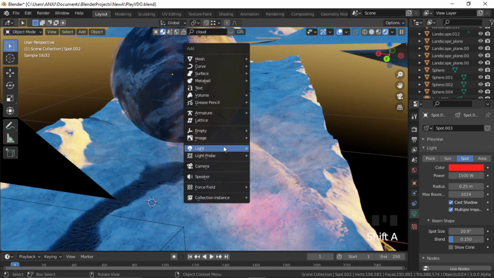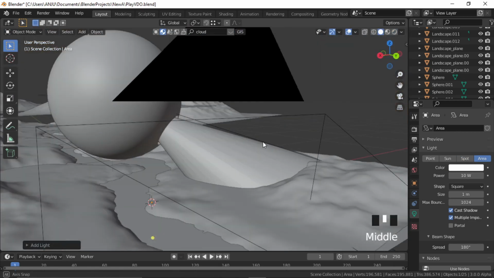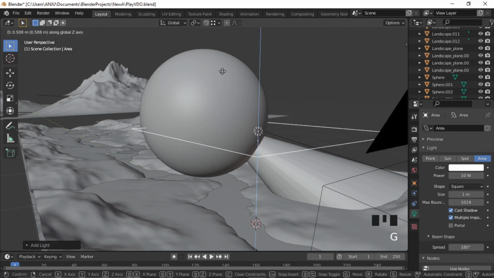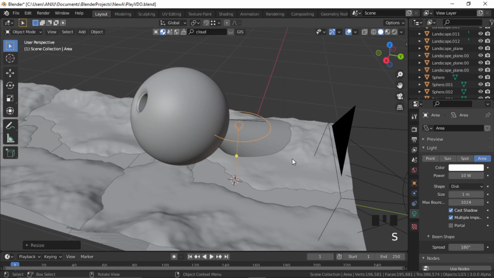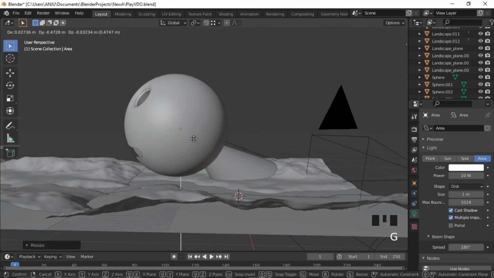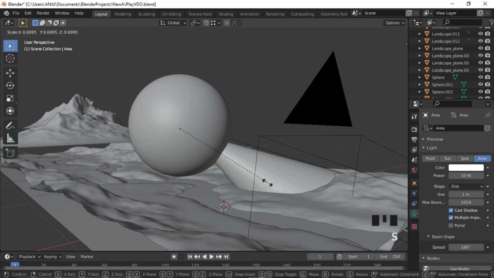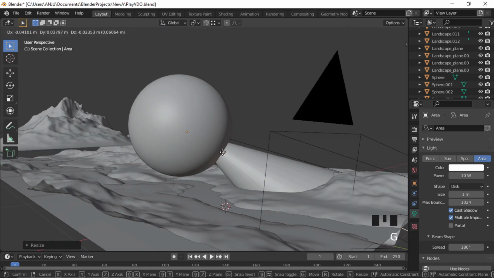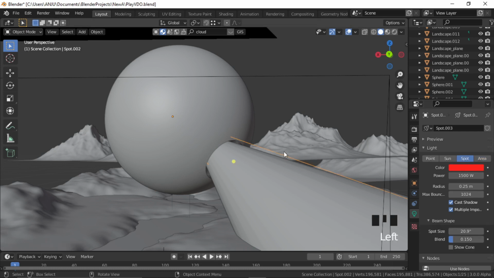I'm going to add another light that is going to be my area light. So move the area light up and select it, go to shape and select disk, scale it down a bit, move it in the center, and again just make it look towards our object like this. And increase its power to about 500,